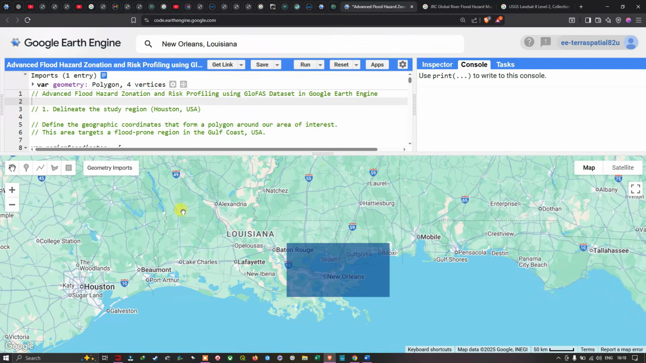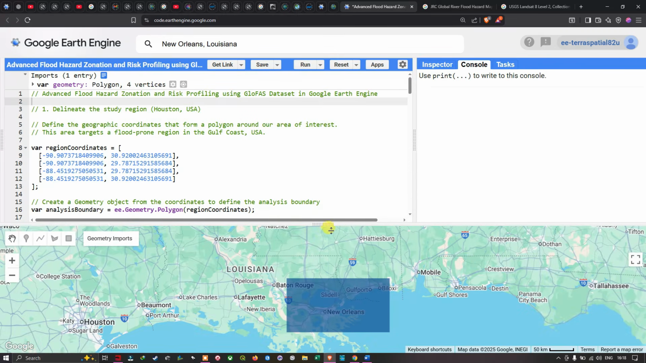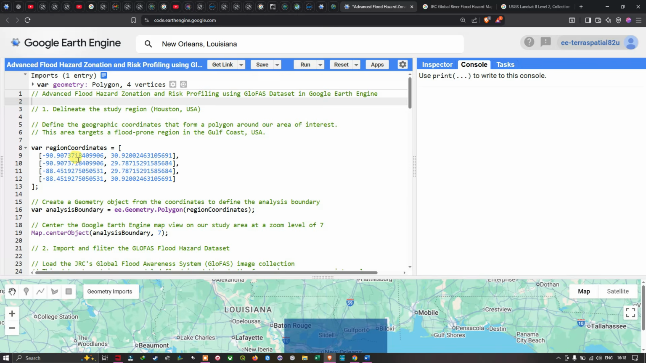Once you have copied it, we're going to paste it inside this particular variable called region coordinates. We're going to paste it using Ctrl+V. Once you have pasted your latitude and longitude inside the variable region coordinates, in the next step we're going